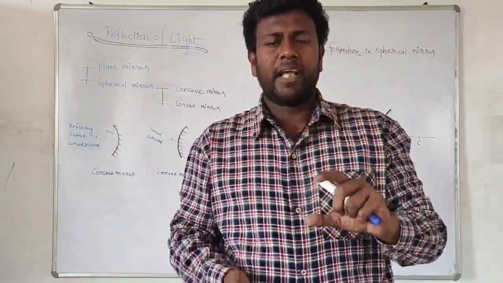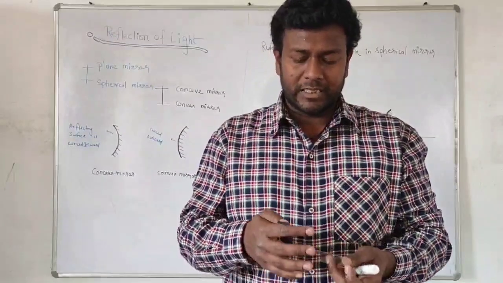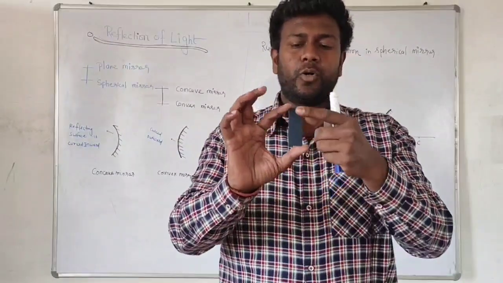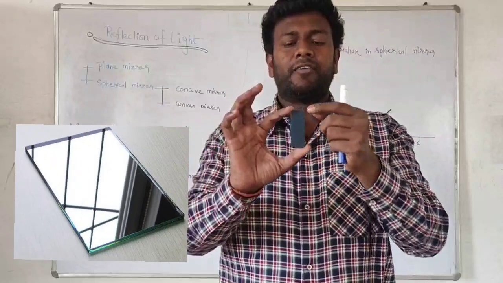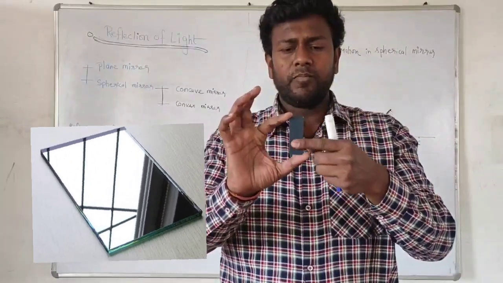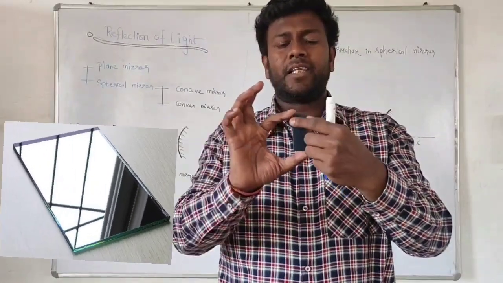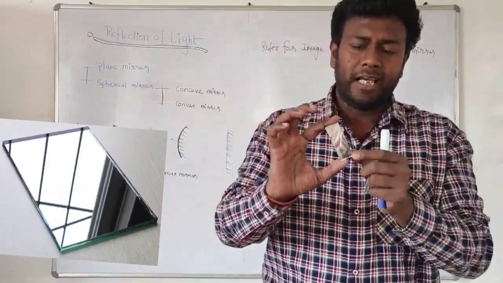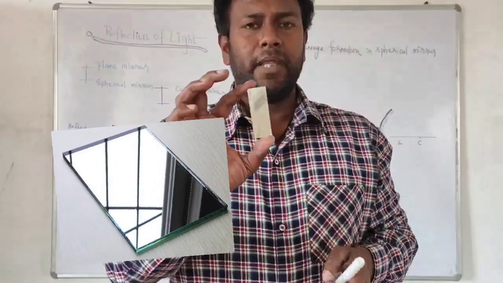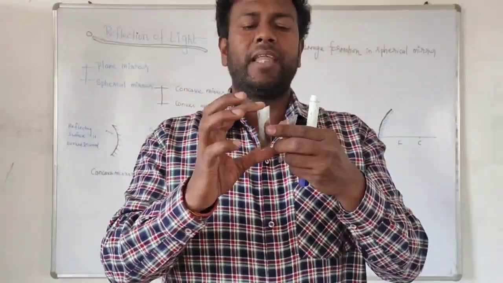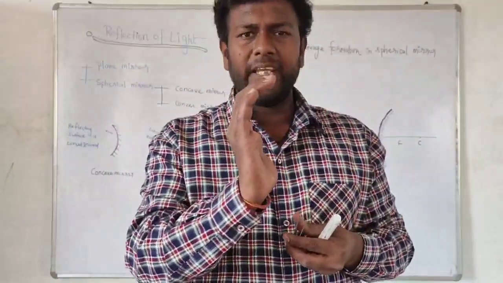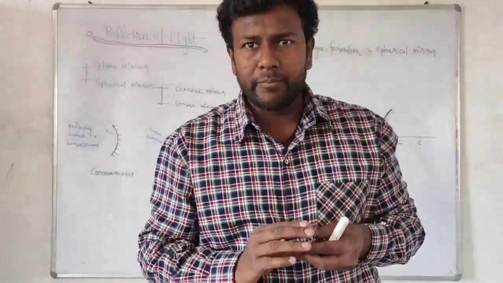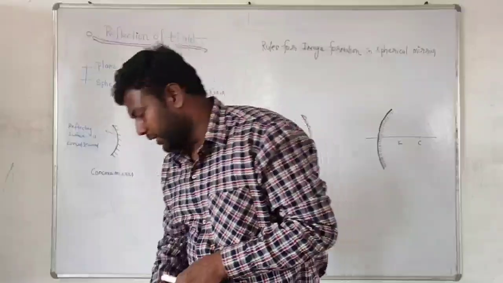On this transparent glass sheet, we apply a silver layer coating on the other side, and after that protect it with some paint for external protection of the silver layer. A mirror which looks like this is known as a plane mirror. Similarly, when the mirror is curved inward or outward, it is known as a spherical mirror.